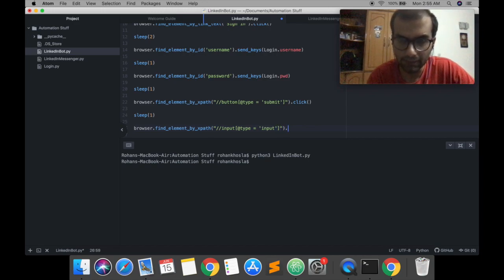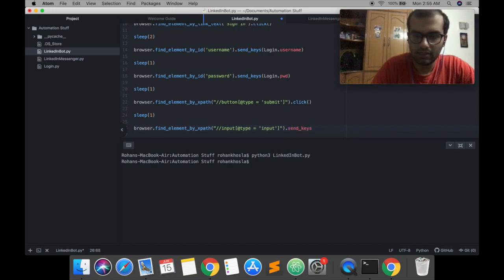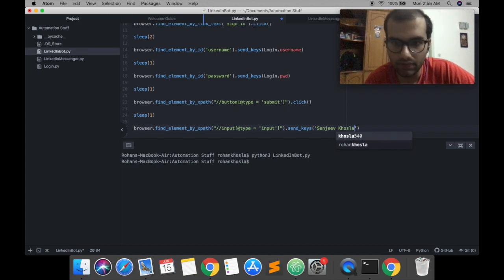So instead of clicking, we're going to send in a key, or send in a name that we need to search. So I'm going to send in the name of my dad. So send_keys, Sanjeev Khosla. I'm going to save this. Let's see if this works.